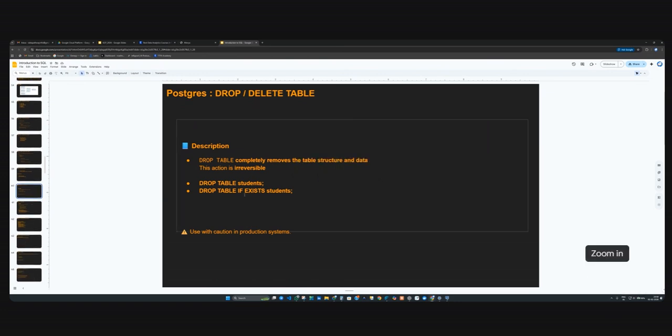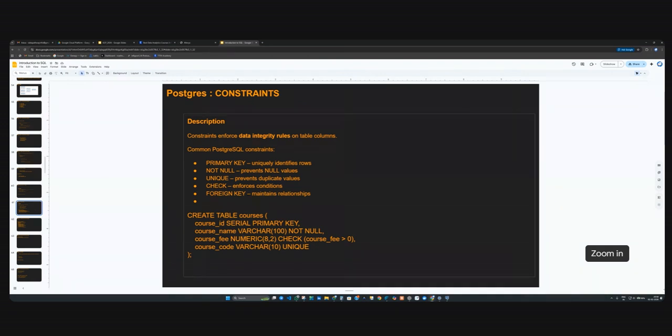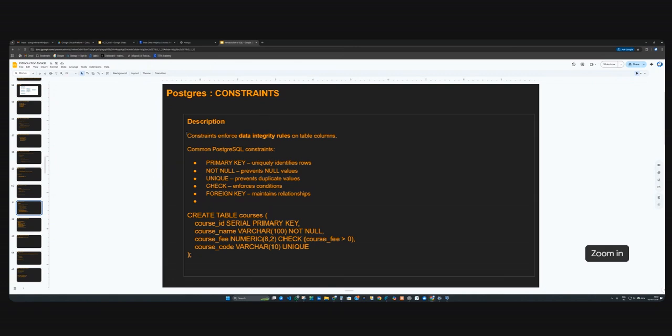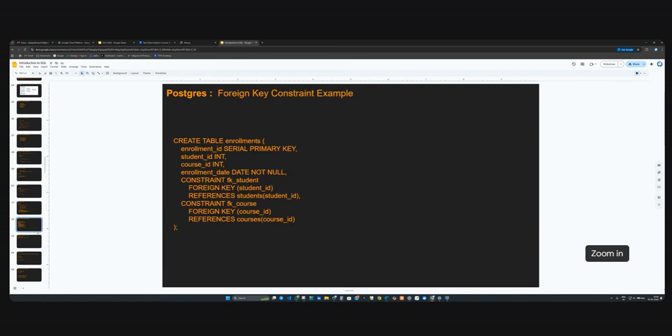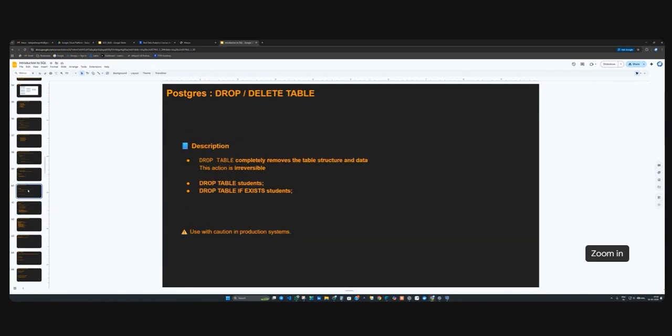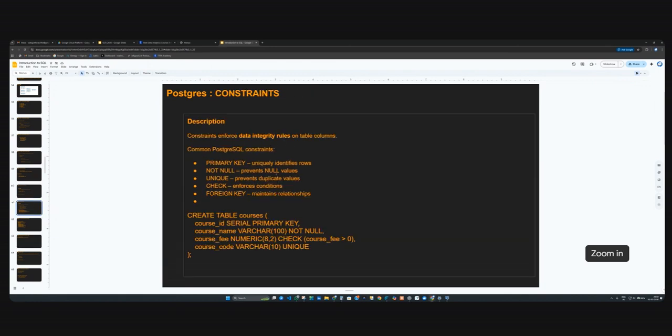Drop table, drop students. Then you have constraints. Constraints we didn't touch. How much time is there? Ten minutes. I think I'll continue with constraints, foreign key and primary key, and I will continue tomorrow. This is very important. What constraints do is